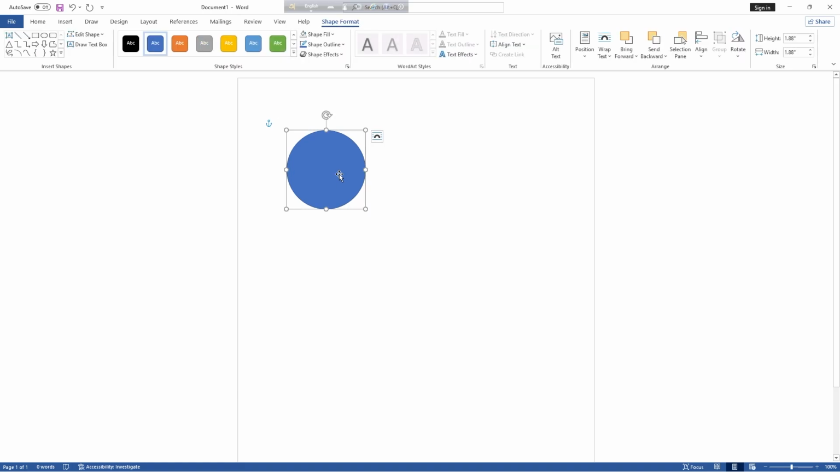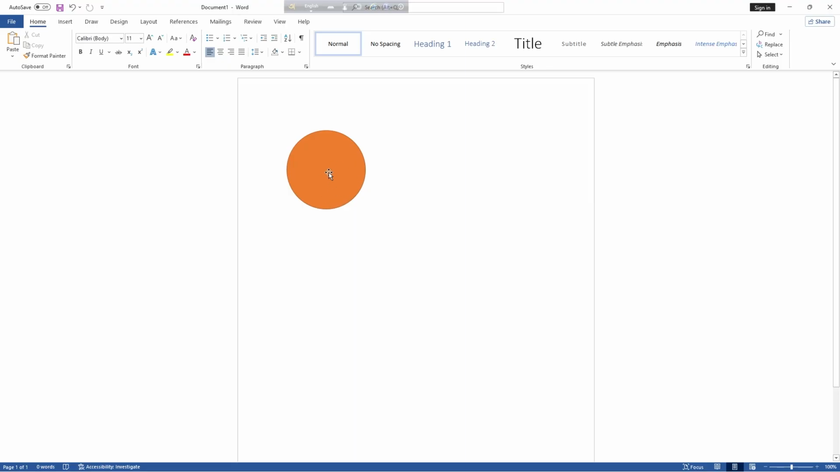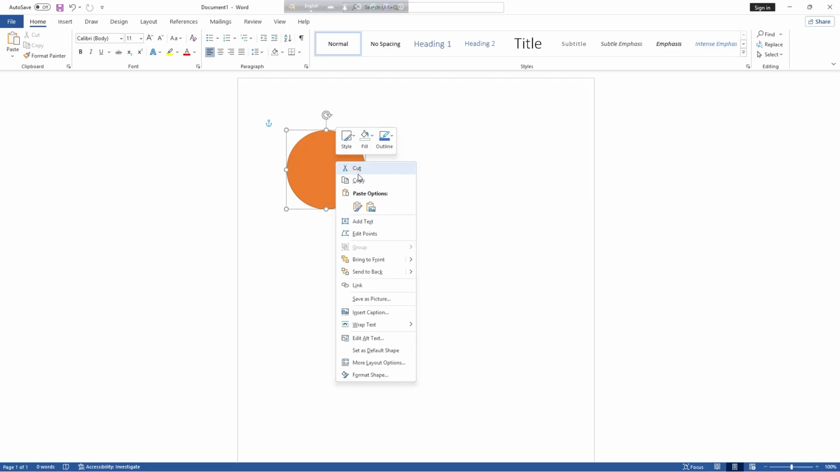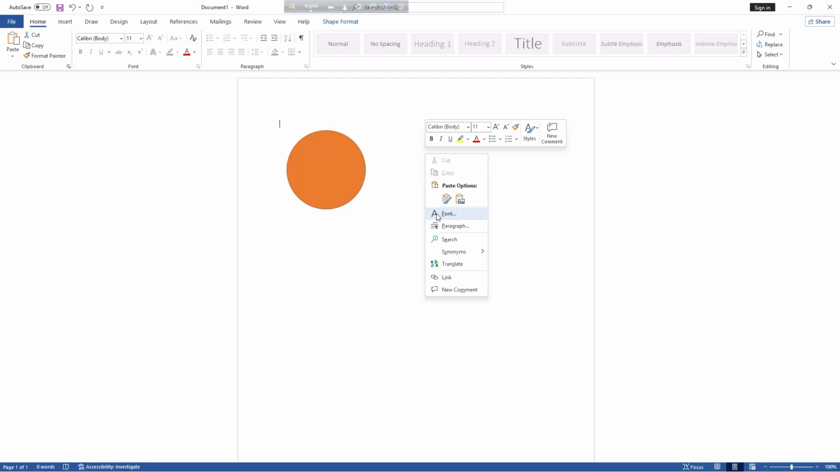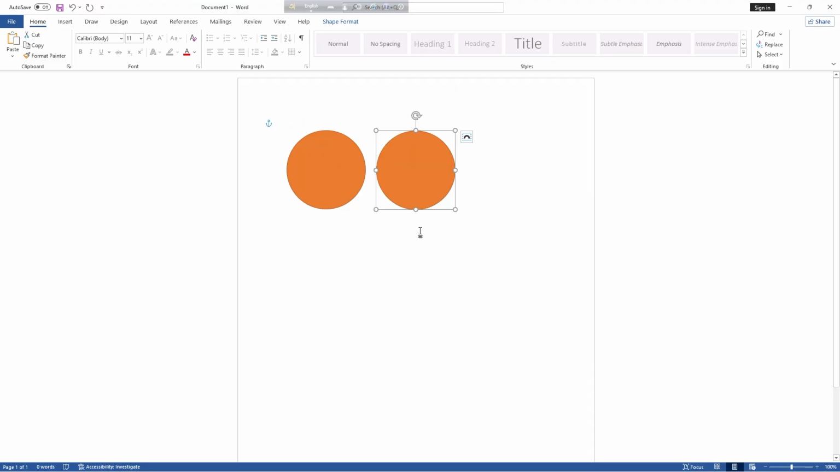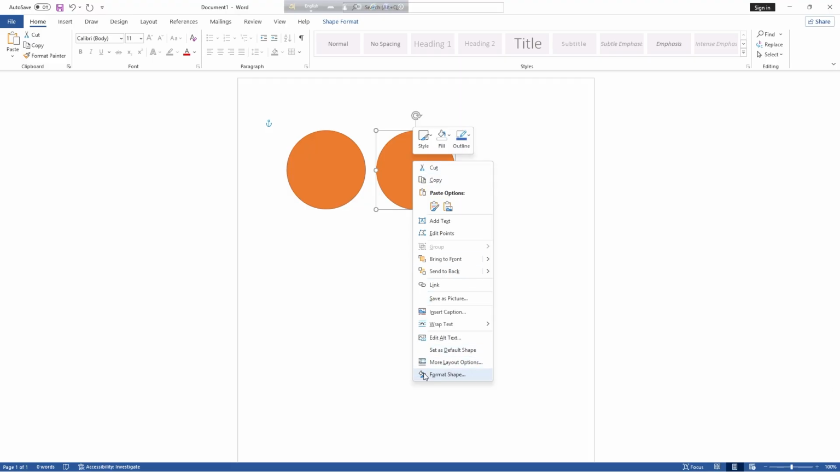If you click on it, you can change the color from here, and if you want to outline a circle, you just need to copy and paste it. If I want to outline a circle with no fill, then I have to right click and go to format